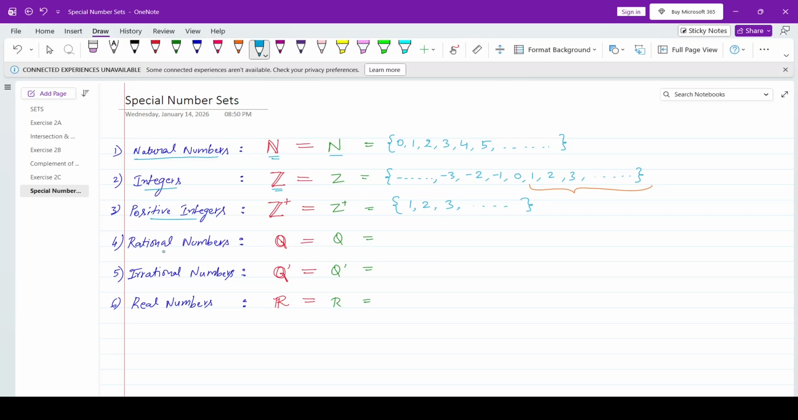The fourth type is rational numbers. Now, rational numbers are those numbers which can be written in the form p divided by q, where p and q both are integers. Or a rational number can also be written in the form 1.23, or it can also be written in the form